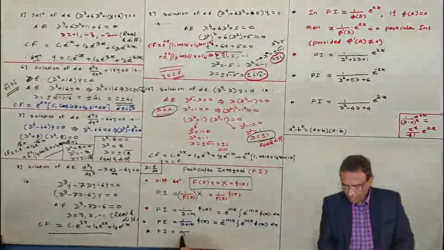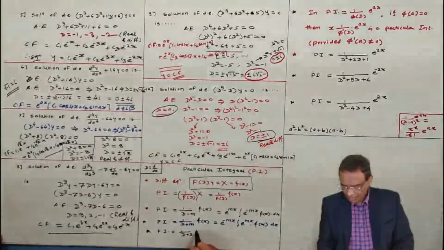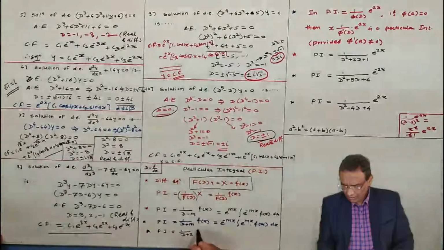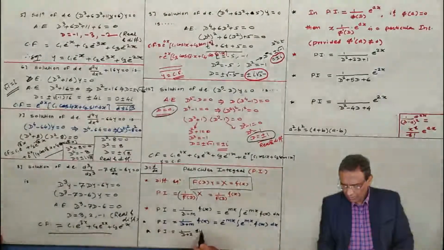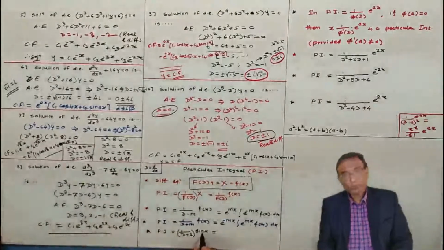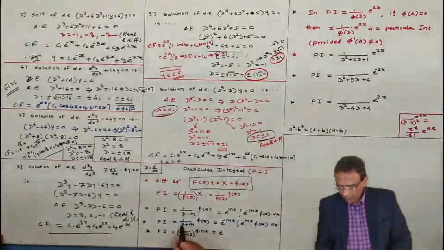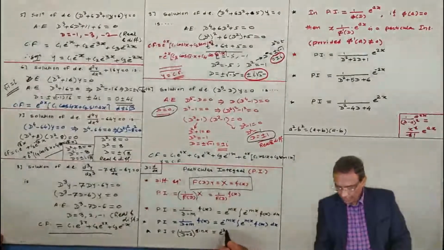How can this be resolved? D plus 2 and any function. Just I am writing here e to the power, or sine of x. So how do you operate 1 by d plus 2 operator on sin x? See, how do you operate this one? E to the power, this formula, minus 2x